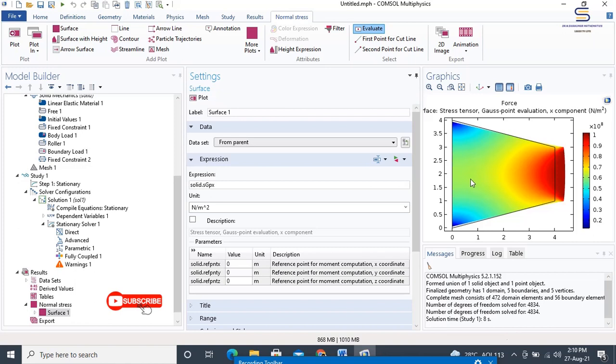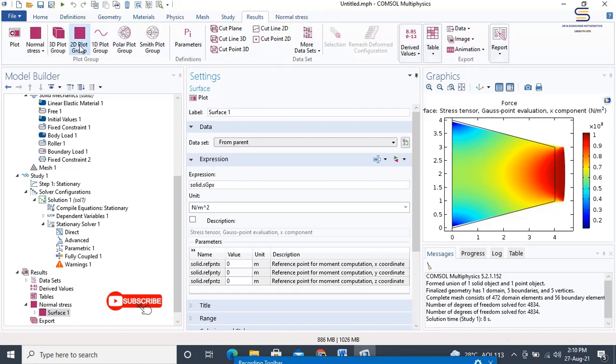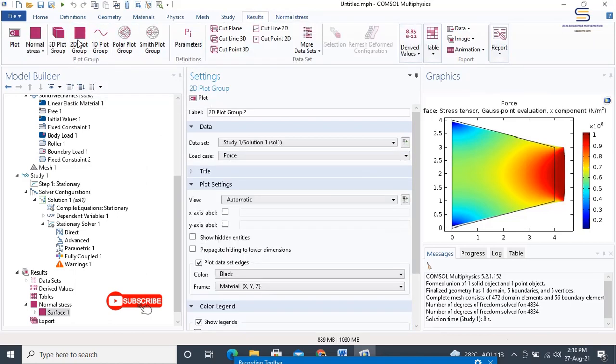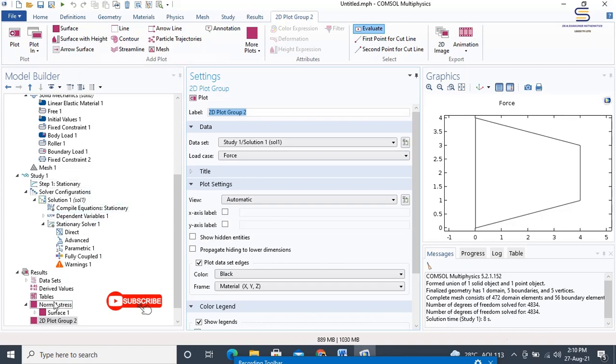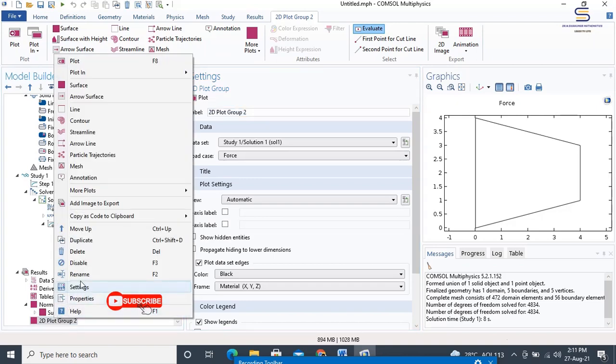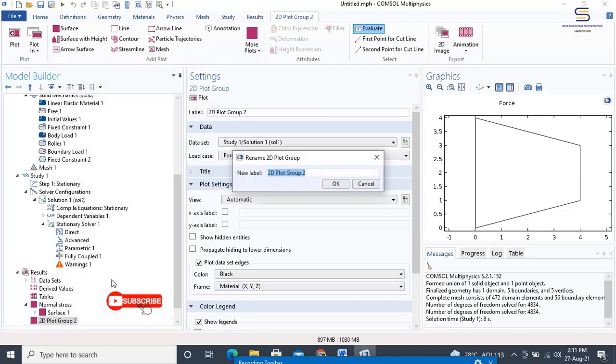Now go to the 2D plot group, that is, first add plot group. From the results you can see this 2D plot group. Under the results, right click and then choose rename. We shall rename this 2D plot group as the following: shear stress.